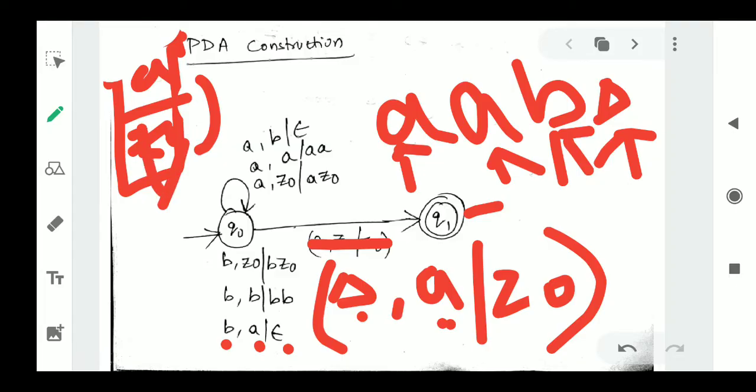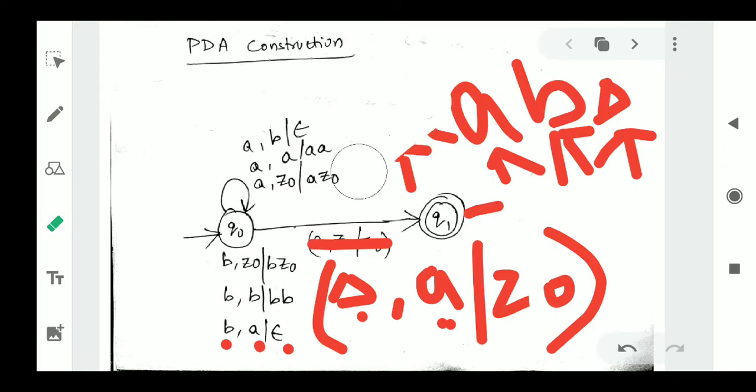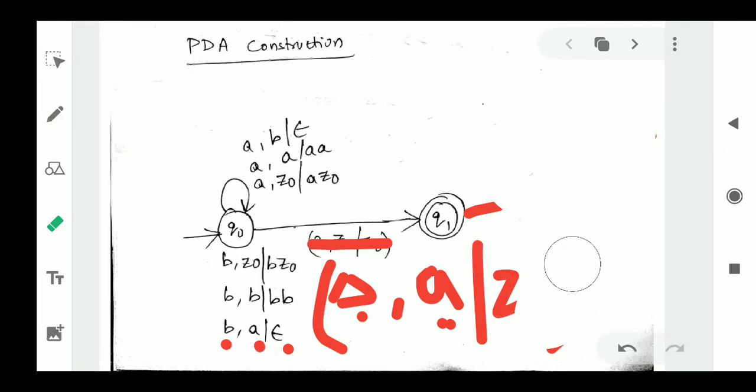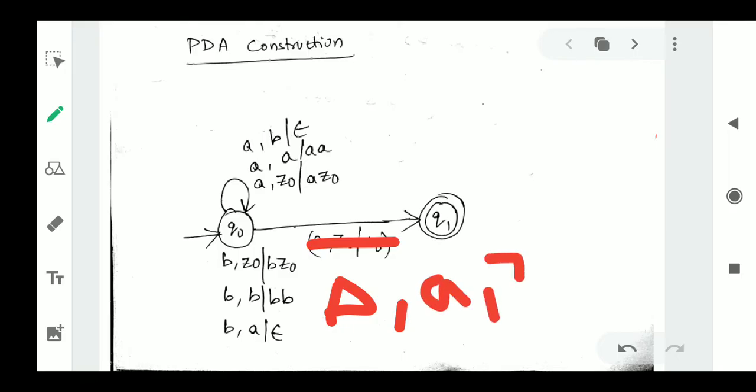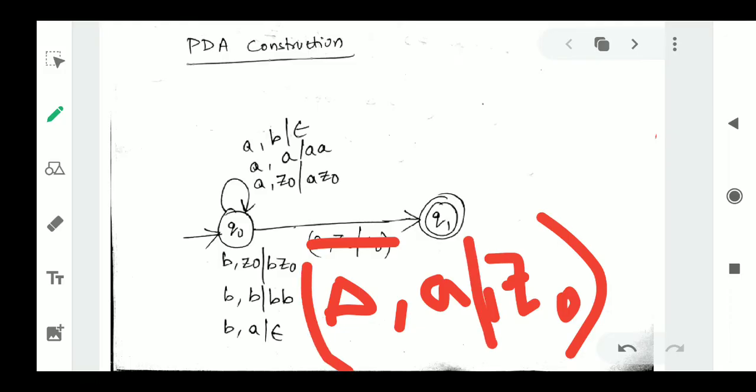The only thing you need to remember here is that whenever we have more A's than B's, please make sure that this is not the correct transition. The transition I have written previously is our correct transition. Whenever delta is encountered with input symbol A, I am going to the state Q1 by using Z0. So A or Z0. This is the correct transition. Delta comma A slash Z0 is the correct transition from Q0 to Q1. Okay.